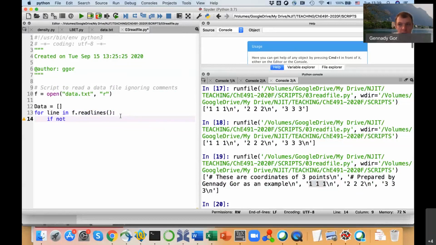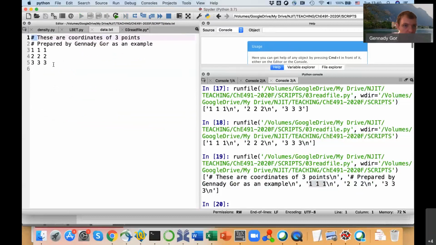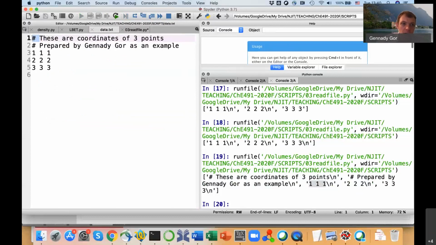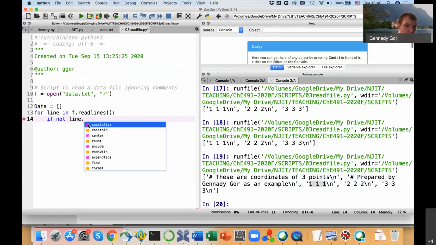I need to make sure that this, and we agreed that the comments, similar to Python, start with this number sign, right? Let me make it a little bit larger. So if it starts with the number sign, then it's a comment. Otherwise, it will be treated as data. If not line, and then you can look up all the methods which a line has, and in particular, it has a method of startswith. If line starts with